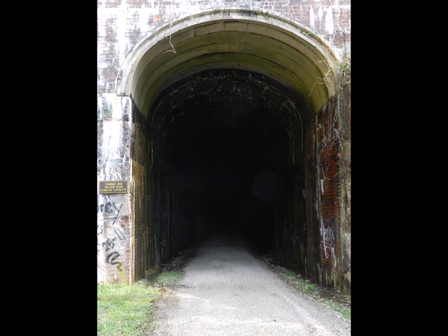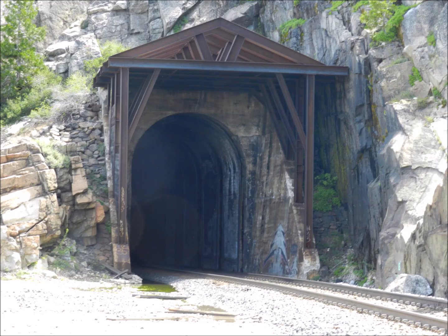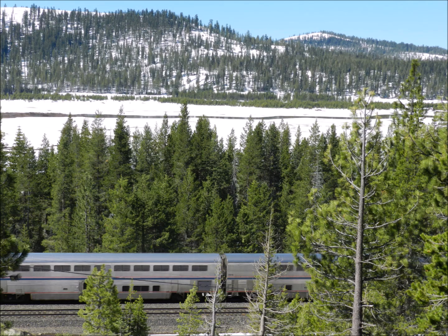The theme, I think, for us going through this tunnel is railroads. And I just love going through tunnels, even if they're haunted. But anyways, railroads. Yes, we've seen a lot of them on this trip. We saw,